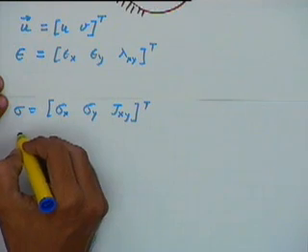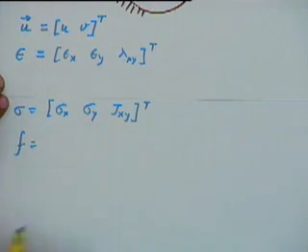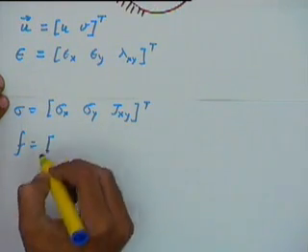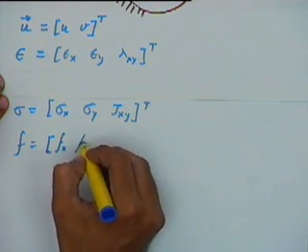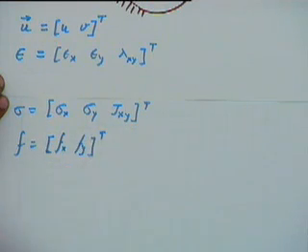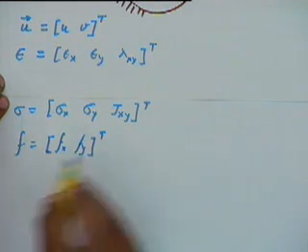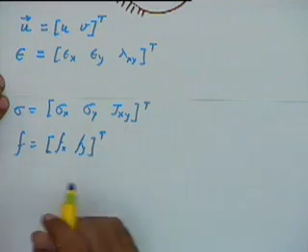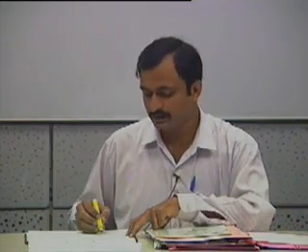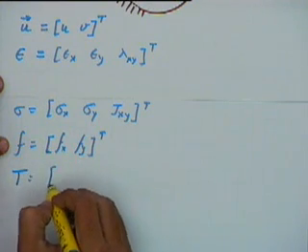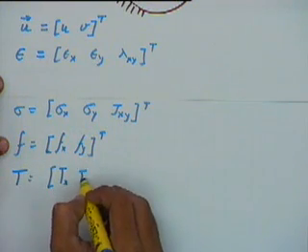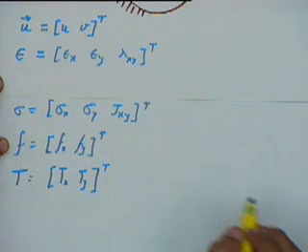Okay, as for the forces, the body forces acting on the body, that is volumetric forces, will be Fx, Fy transpose. That means there can be a body force, maybe gravity or maybe magnetic force or some such force acting throughout the body on a per unit volume basis. We will use this notation for that. And then for tractive forces, they will have components of Tx and Ty transpose.